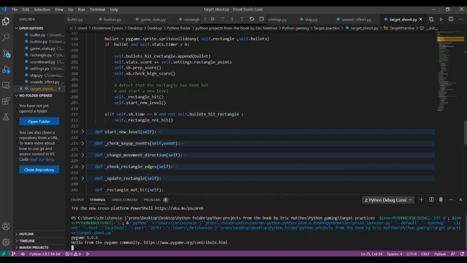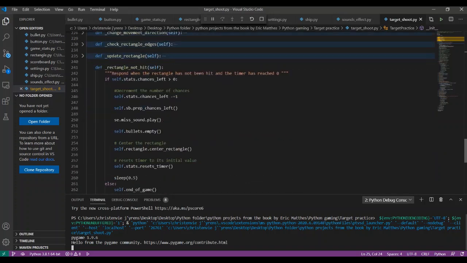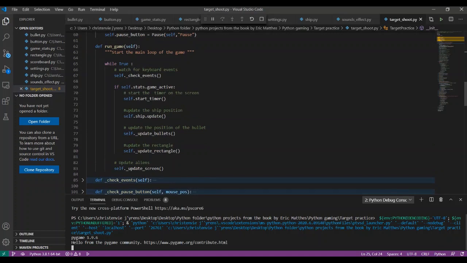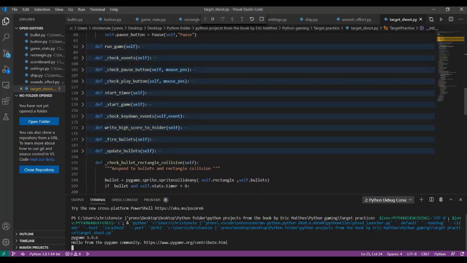So here, when the time is greater than 0, from 15 down to 1 second, we check if the list is full. If the list is full, we include the number of bullets that have hit the rectangle. Else, if the time is equal to 0 and the bullet hit rectangle list is empty, we show that there has been a miss. I think, guys, that was the main point for the game, recording a miss and including a timer.